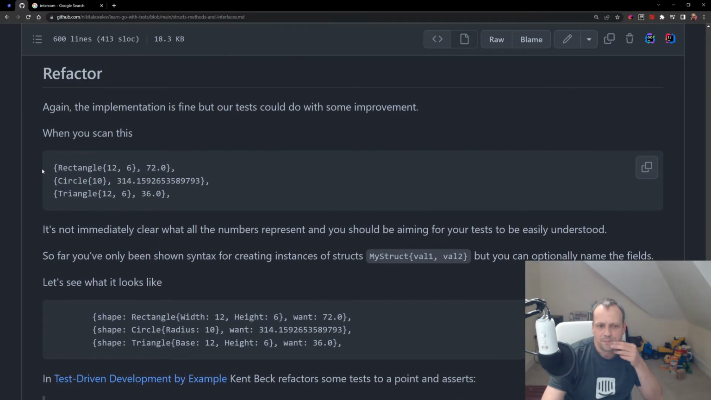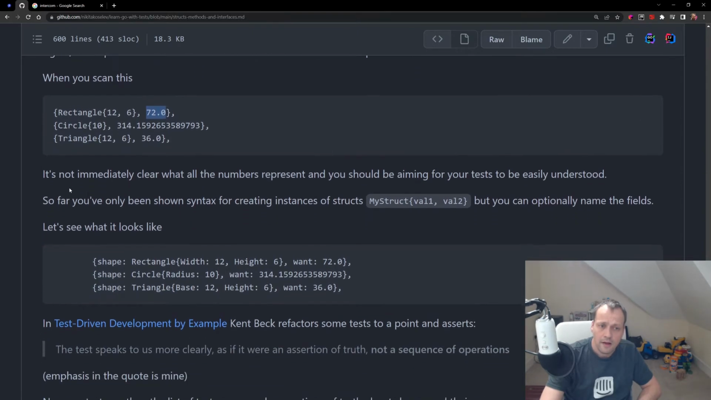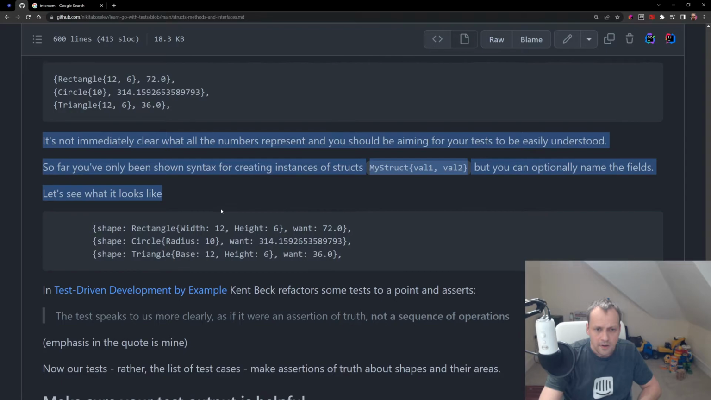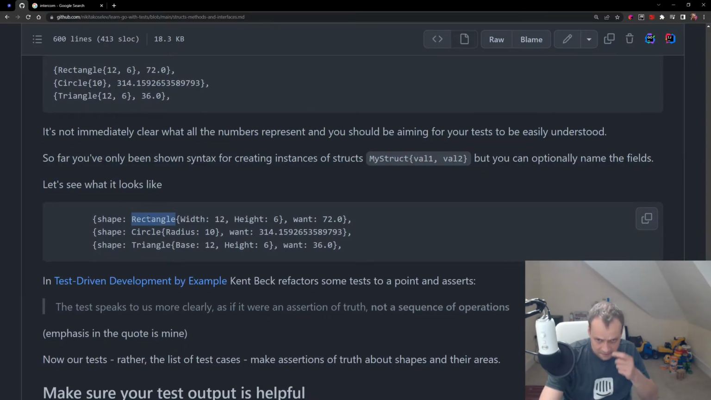So this is the structure, right? No, this is the test. So this rectangle, that's area, right? So here what he did, he factored into this thing, and